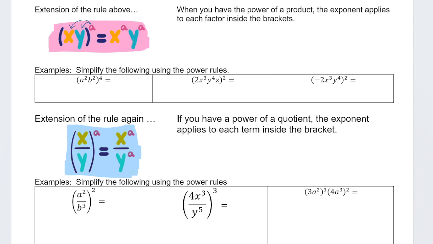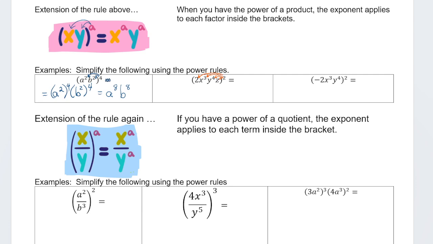So let's do a couple of the examples here. So a squared b squared to the 4th. Well, the rule above is telling me that that is a squared to the 4th, b squared to the 4th. That power of 4 has to go in on each base individually. So that will be a to the 8, b to the 8, because 2 times 4 is 8. And if you don't want to write out that step, you don't have to. Just keep track that this 2 applies to every base,